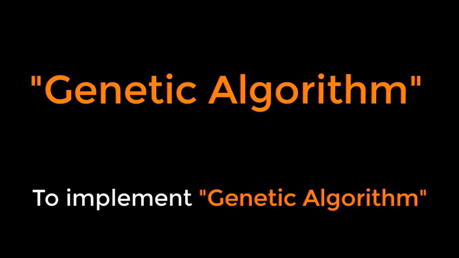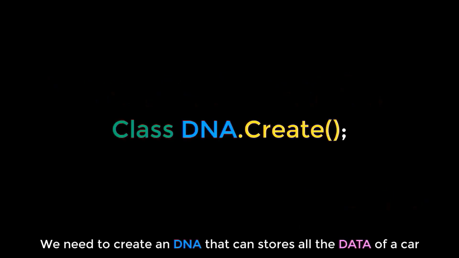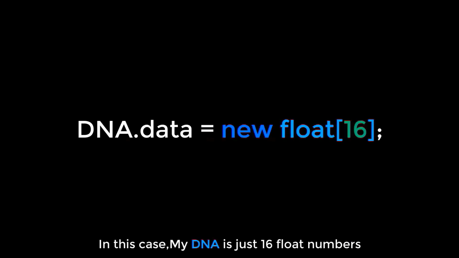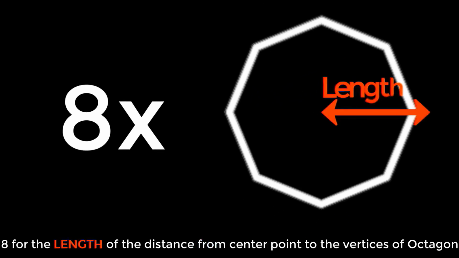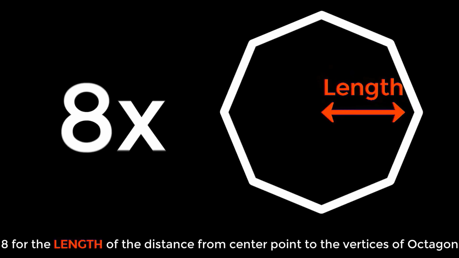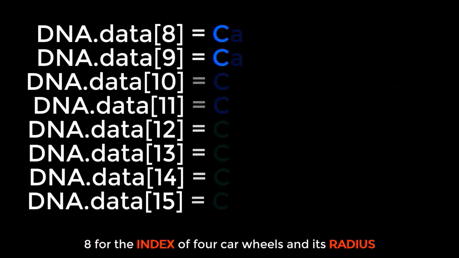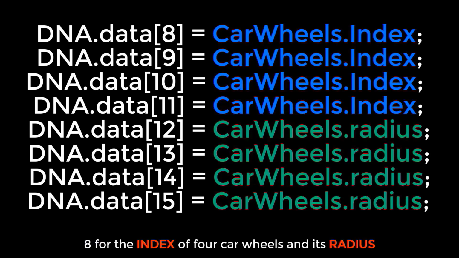To implement genetic algorithm, we need to create a DNA that can store all the data of a car. In this case, my DNA is just 16 float numbers, 8 for the length of the distance from the center point to the vertices of the octagon, 8 for the index of 4 car wheels and its radius,